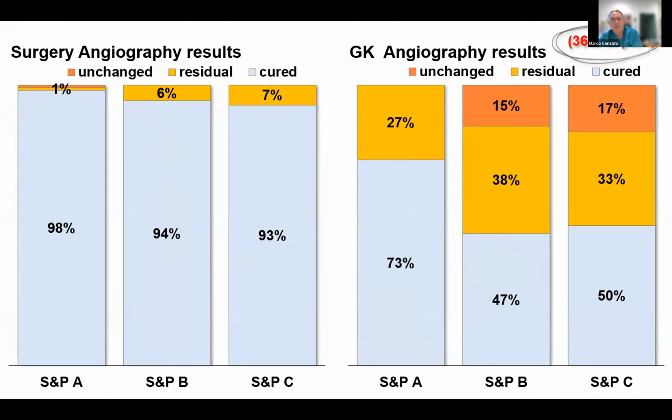So when you have a Spetzler-Martin grade I or II AVM, in our opinion, surgery remains the main treatment, and